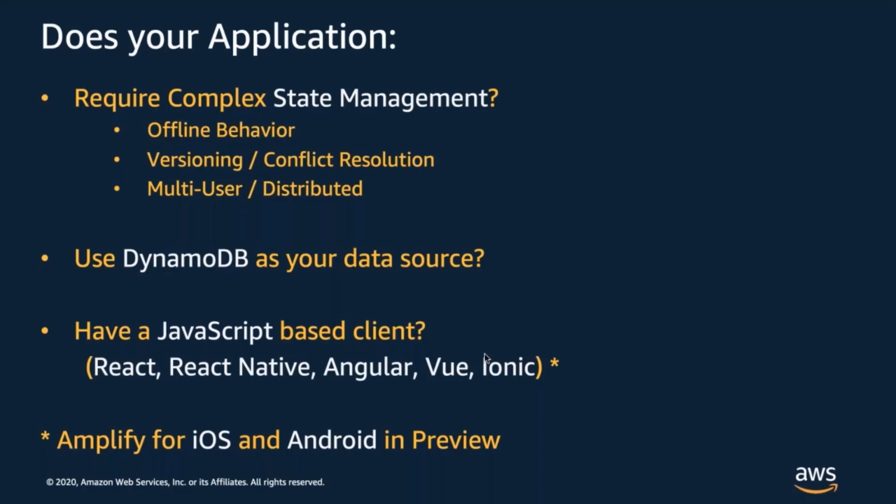And the things you will get from this state management is the offline behavior, which is one of our most popular requests. Mobile, as you know, is an environment where you may not have reliable network. And Amplify is able to detect your network state and switch the context of the app automatically from online to offline mode. And when it goes to online mode again, it will resync to the back end and give you